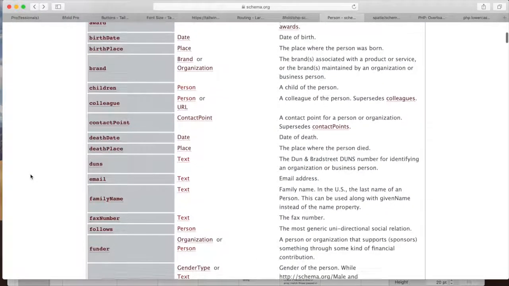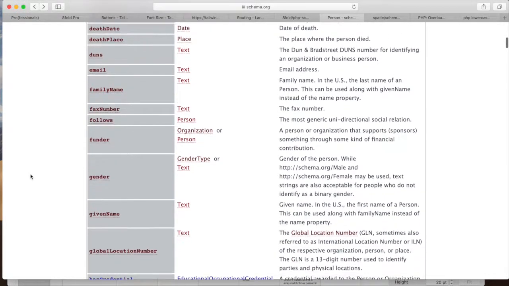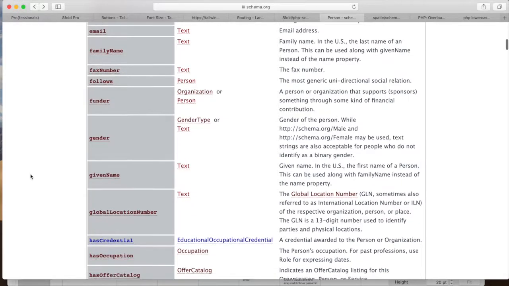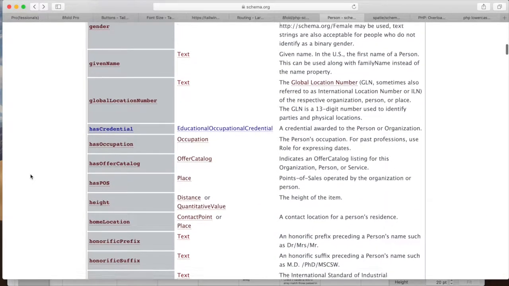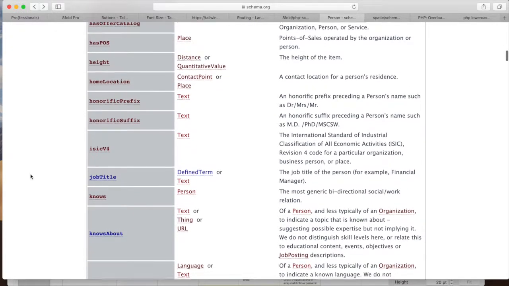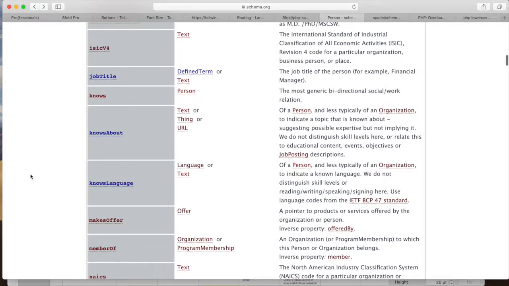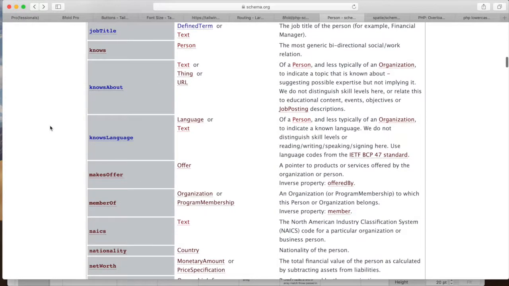Photo, children, colleague, contact point, death date, death place. Wow, these are really complete, not gonna lie. Height, home location, honorific prefix, job title, knows, well, yeah, knows another person, knows about things,